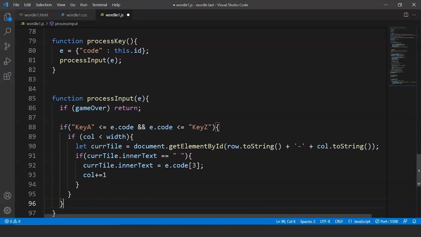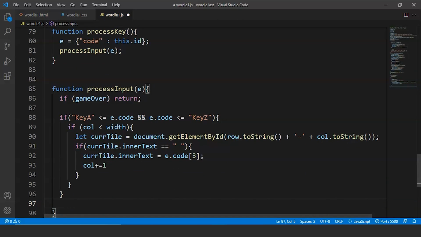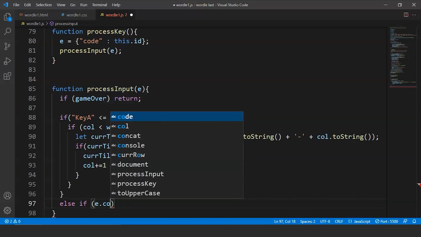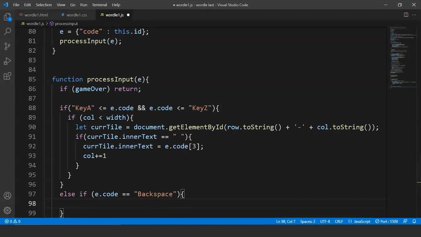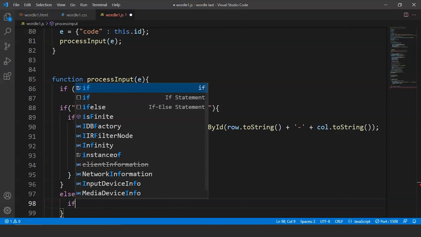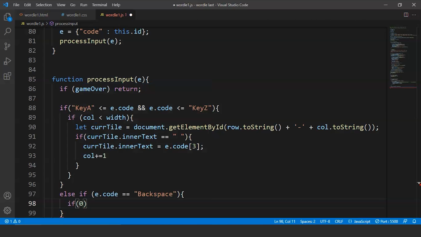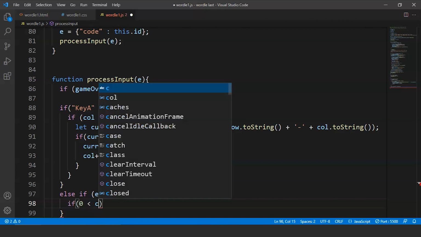So we have to mention the else if statement as well. After this if statement, we'll write else if e dot code is equal to backspace. Now we'll delete the letter. So we'll write here backspace, and inside the body of this else if, we'll write if 0 is less than call. So we'll write here 0 less than call,